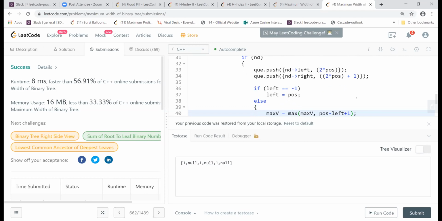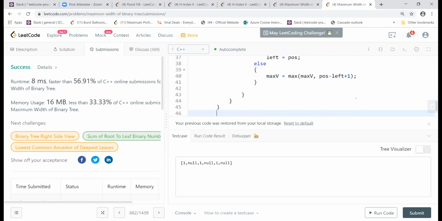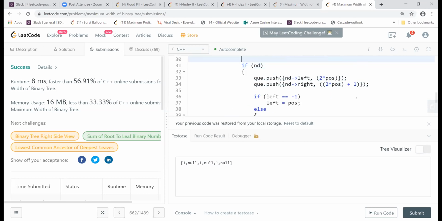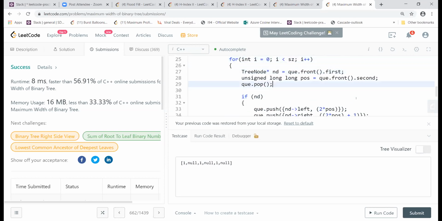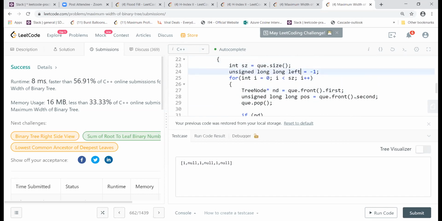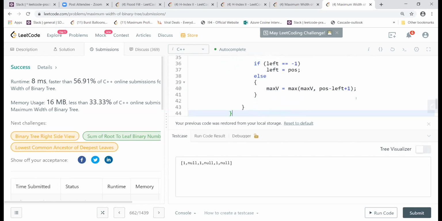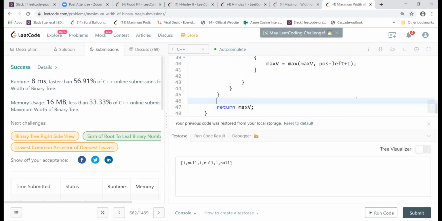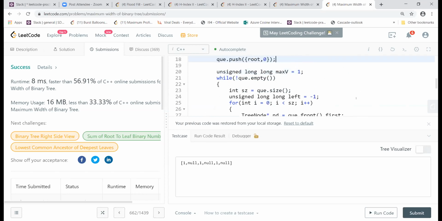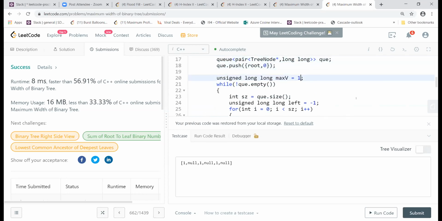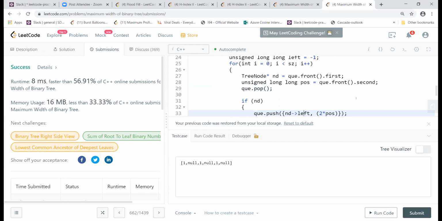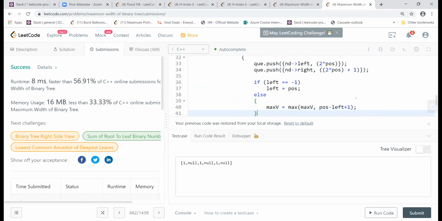But then you don't go into that else statement, right? It didn't go into that else, that is correct. But at the end, that's interesting, it returns max v. So max v is always 1. Yes, because it defaults to 1. Correct, the logic inside the loop is not taking care of it.